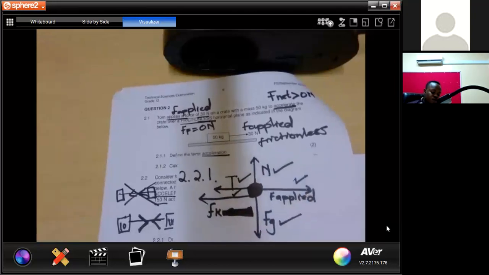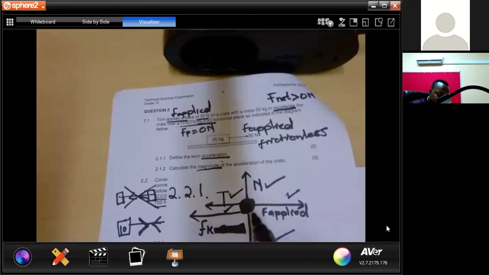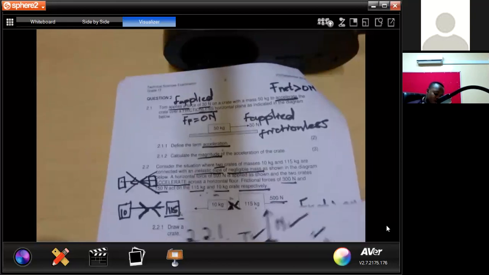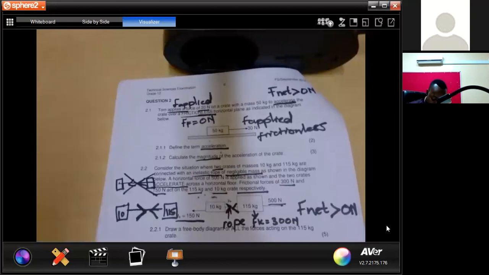There we go. So that will be our free body diagram. Remember, it must be straight. Number 2, it must touch the dot. And it must have an arrowhead as well as the correct label. So that is where our 5 marks comes from. Then we have